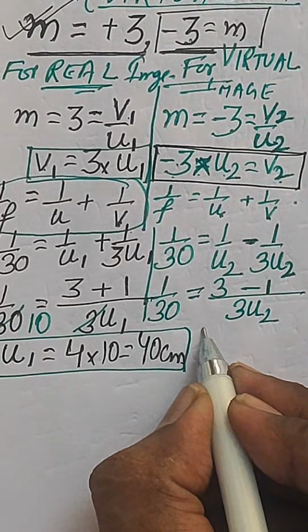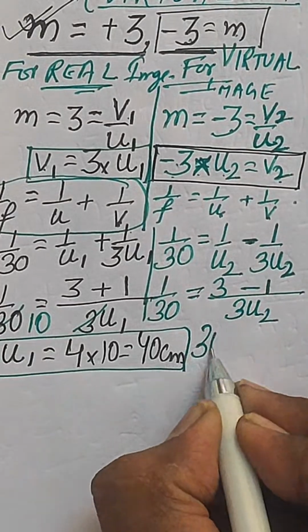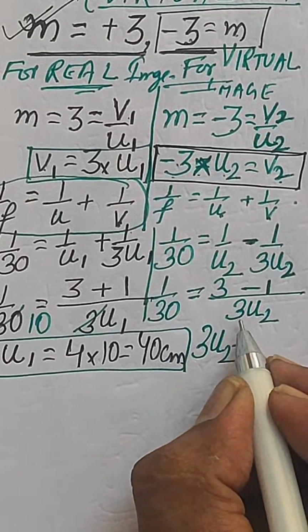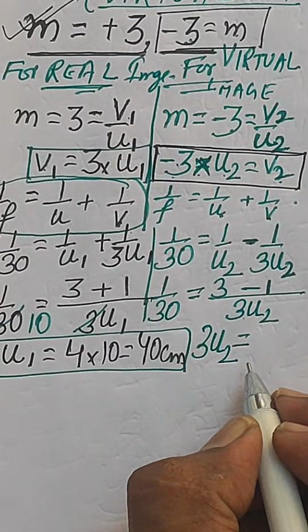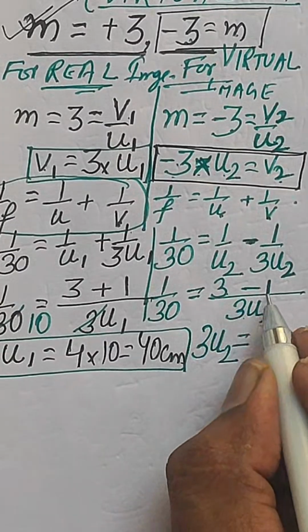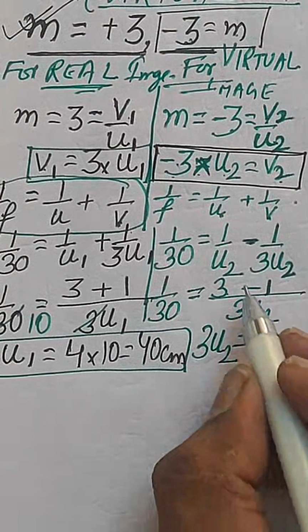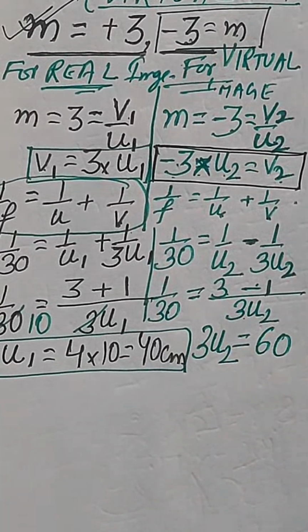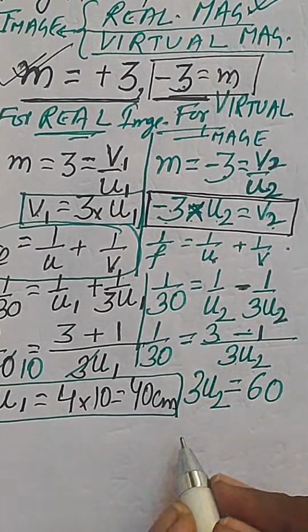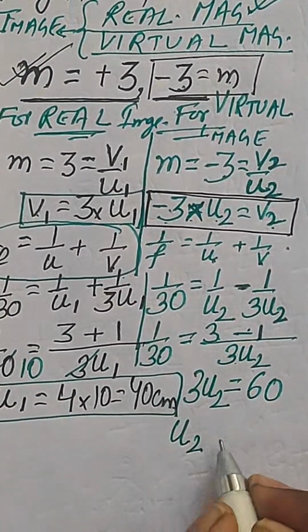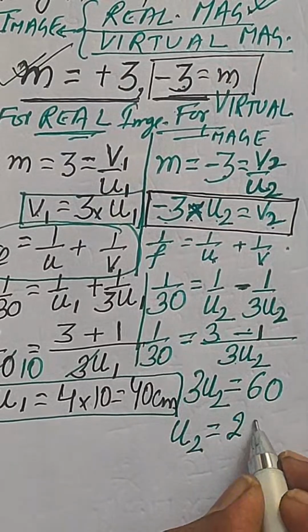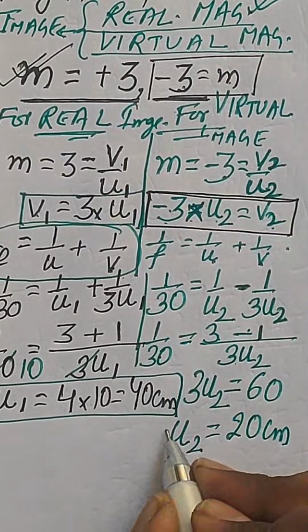So this will give you 3u2 is equal to, 3 minus 1 will be 2. 2 into 30 will be 60, right? So this will give you the value of u2 as 60 by 3, that is 20 centimeter,